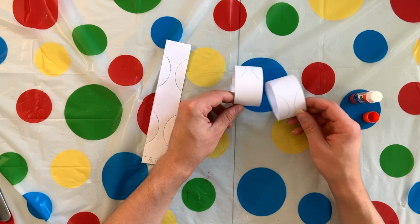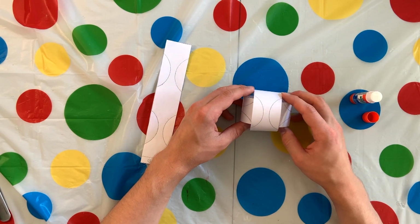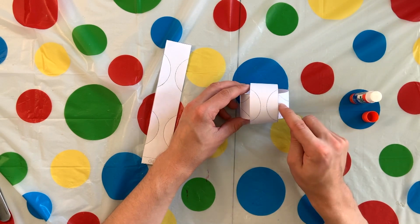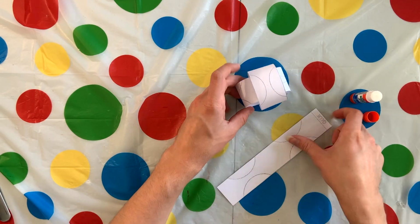For the next step, you're going to go ahead and take your one loop and you're going to put it inside the other. And to make sure it's orientated correctly, you're going to have this loop over top of your inner loop, and you're going to leave these lines visible. For the next step,